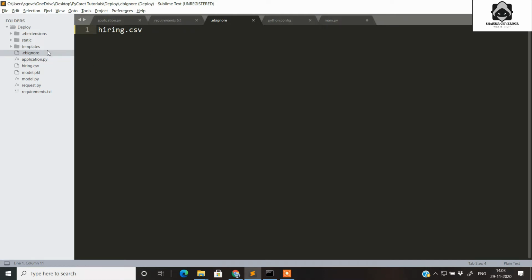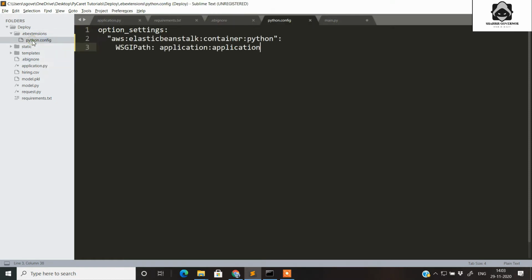Once this ebignore is done, you need to create one more folder called .ebextensions, and inside this folder you need to right click, open a new file and name the file as a config file. So this is the config file inside the ebextensions, and in this config file it has the option settings. First of all, it is specifying that the Beanstalk container is Python, and this is the WSGI path. If you don't know about the WSGI path, it is actually the server which will be running on the cloud.